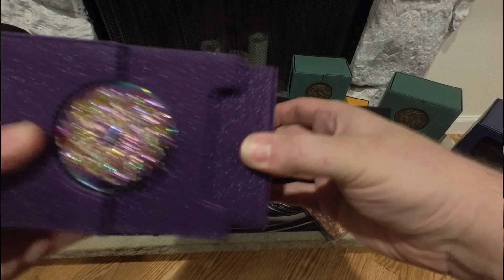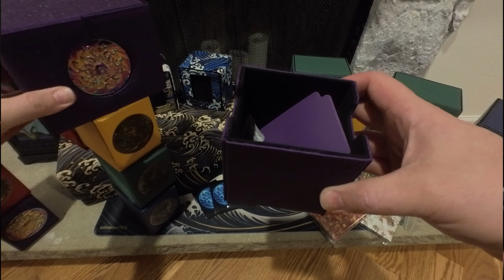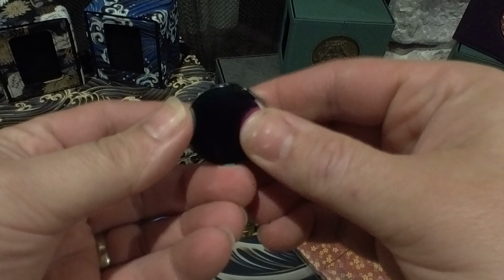So you could probably fit maybe a Blitz deck for Flesh and Blood in here. Now, the drawer in the Fortress is smaller, but it's essentially the same size as the card area for the den and the card area for the cave when the cave has the dice drawer in it. And here is the life counter, and it works where the two sides are magneted on and